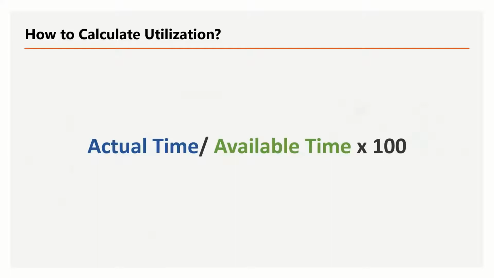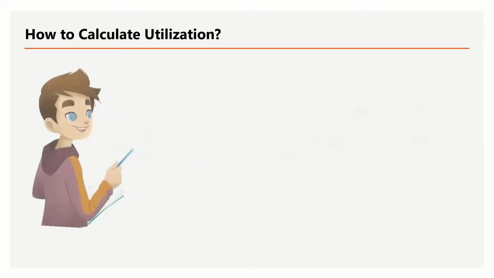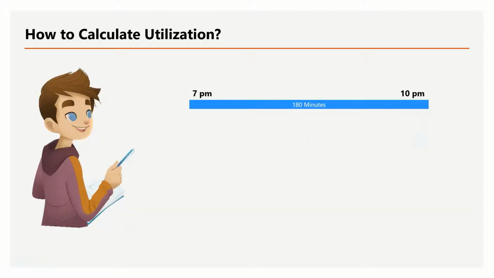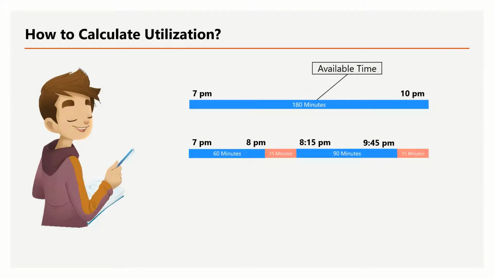So let's take a couple of examples here. Let's start with the student example. If a student, let's say, has decided to study from 7 p.m. to 10 p.m., that would be the available time for a student, which will be 180 minutes. Now it depends how much time the student has actually spent studying about their homework. So let's say a student has started studying from 7 p.m. to 8 p.m. So they studied continuously for 60 minutes, 1 hour,